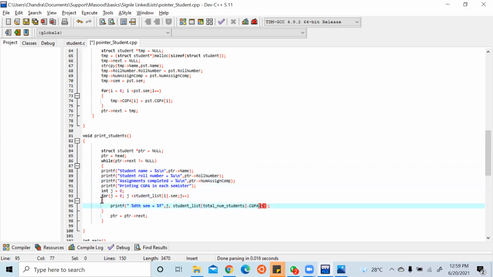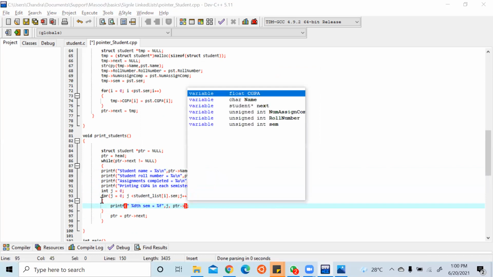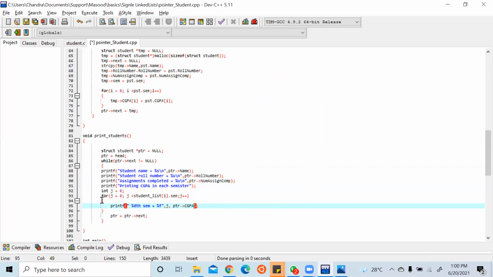And this should be PTR pointing to CGPA of jth element. Printing CGPA in this semester, PTR pointing to CGPA of 5.